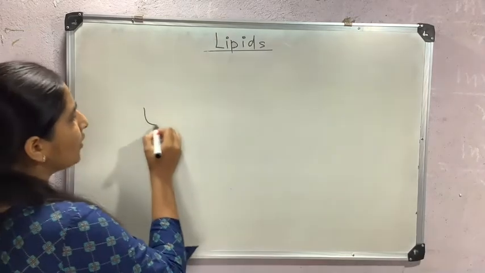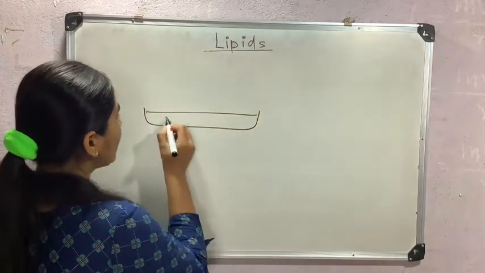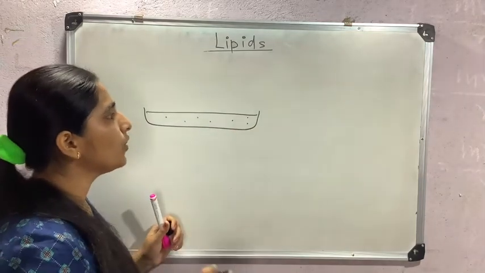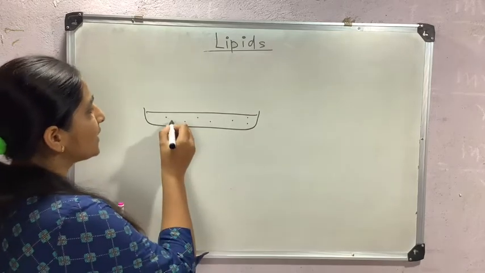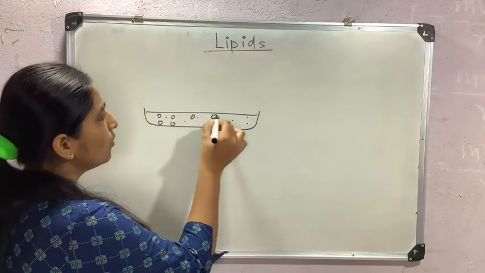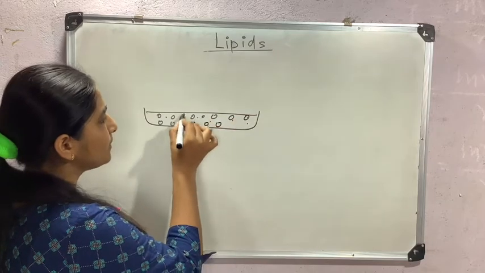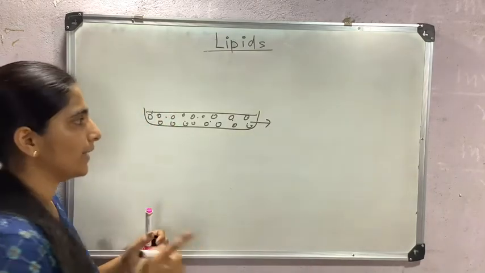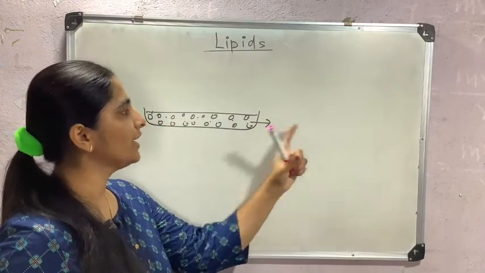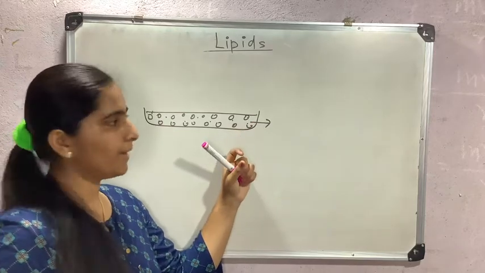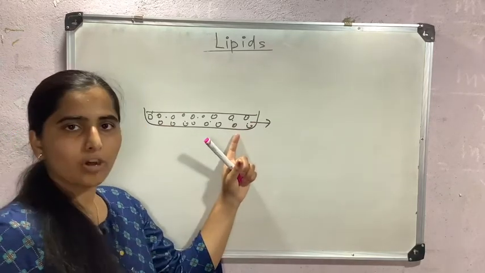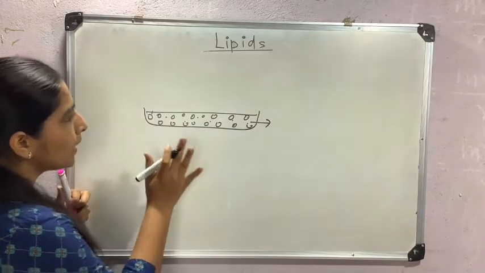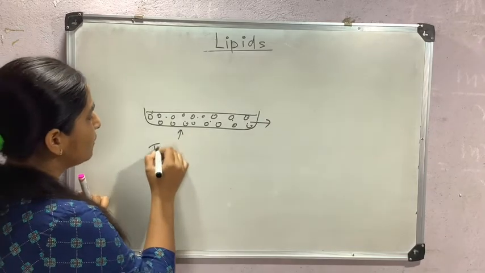If I draw here one tray with molten chocolate, and these are the seed crystals, small seed crystals. During further cooling, these seed crystals will grow into larger seed crystals. And this is solidification of chocolate. That means in solidification of chocolate, there is a crystal formation of cocoa butter. This is the solidification process.